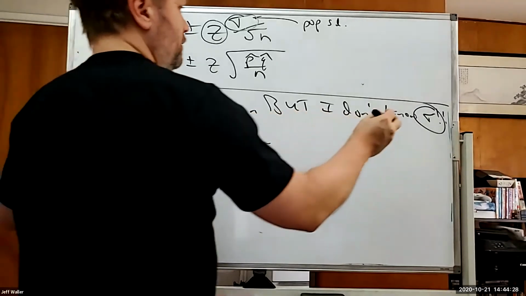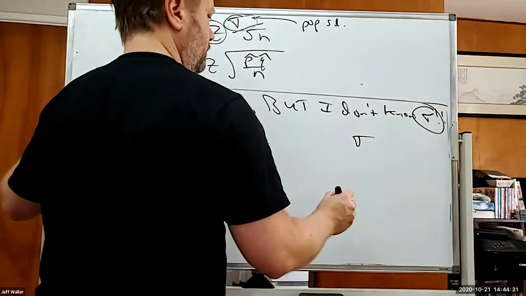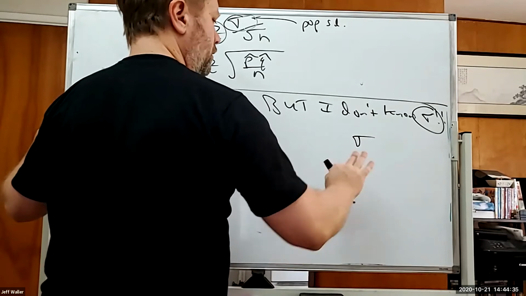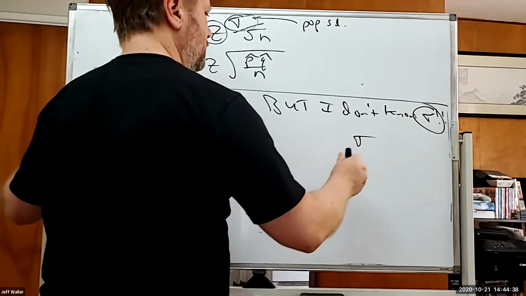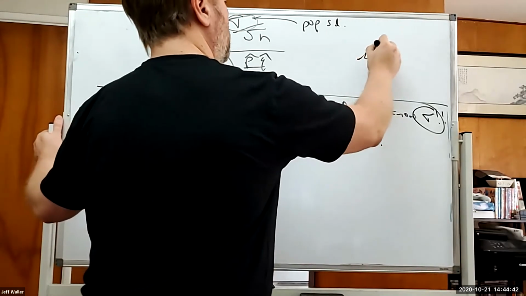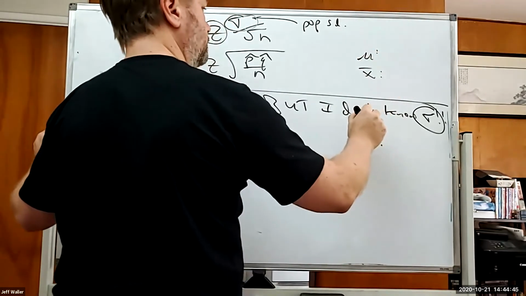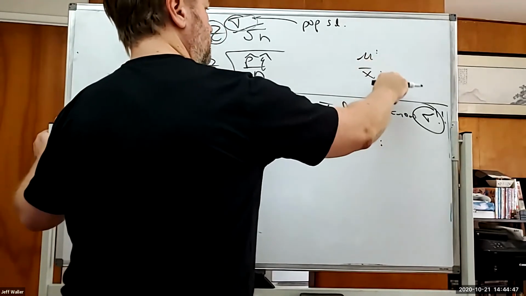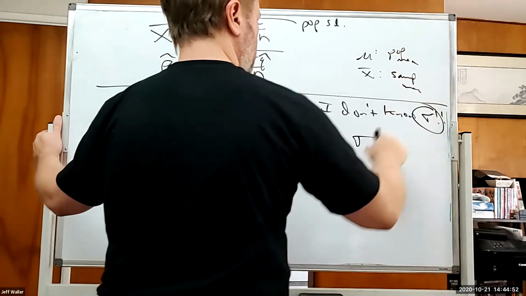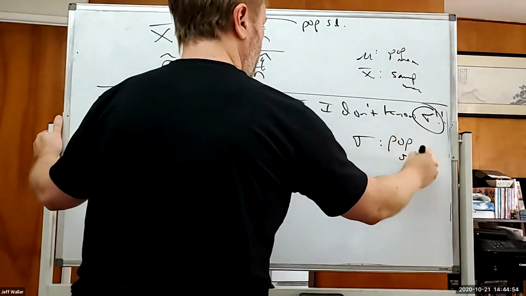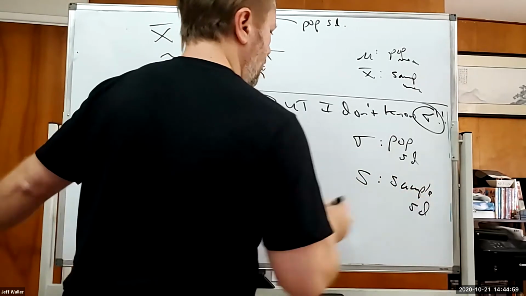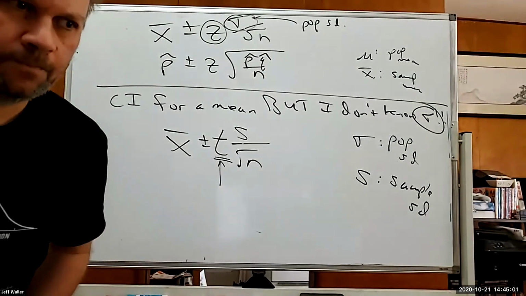What does sigma mean? The amount of standard deviations from the... No, just tell me what it is. Don't tell me the definition. Like, mu is what? What's mu and what's x bar? The sample and the population? Yeah, means, right? So sigma is the population standard deviation. What's S? Sample standard deviation. Yeah, let's not forget those. I like it.